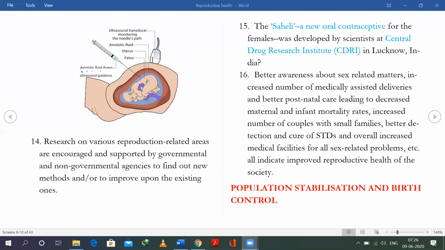For the transmission of the sound waves, we use a transducer. The benefit of using this transducer is to make sure you are inserting the needle in the proper direction without harming anything, without harming the mother or damaging the sac itself, because this fluid is very essential for the